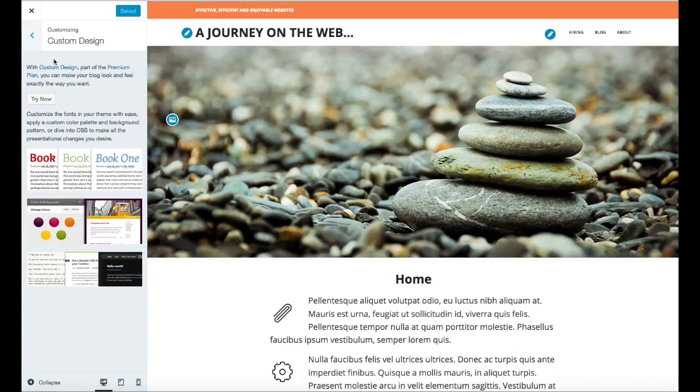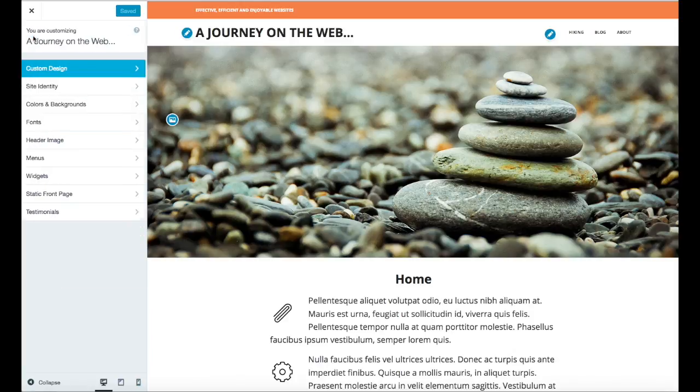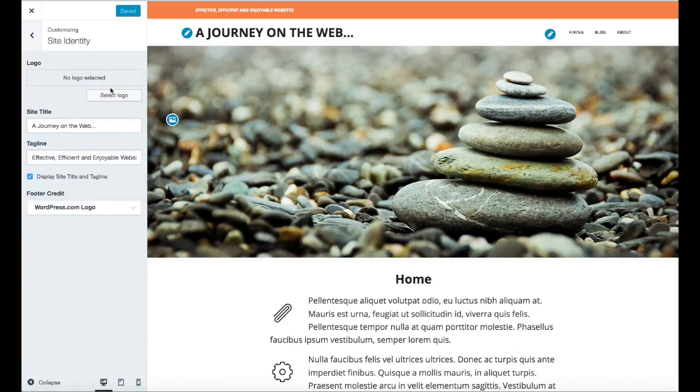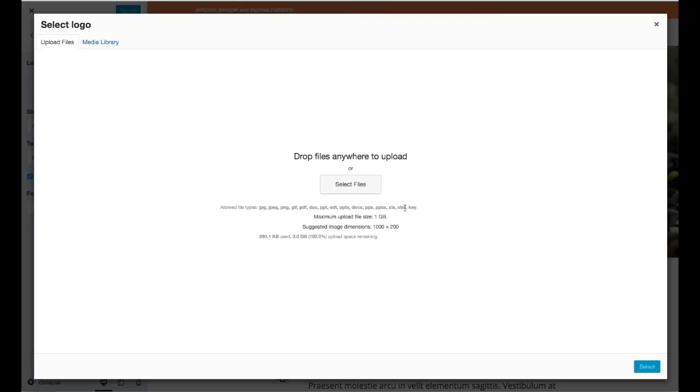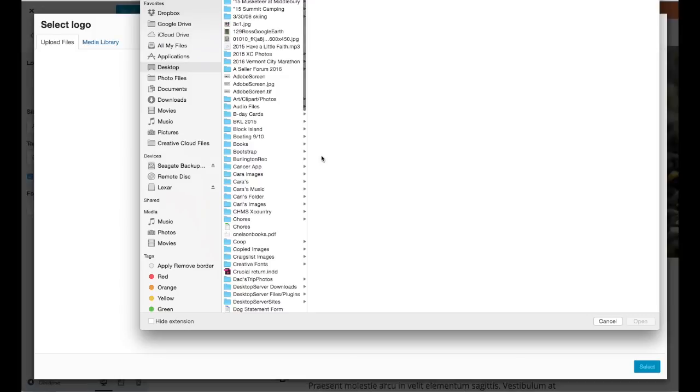Oh, can't do that. Can't do that because I'm not a premium. This is the cheap, this is the freebie. Your site identity. I didn't put a logo in, but I can put a logo in if I wanted to. Let me go to